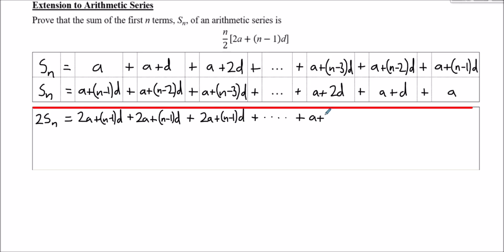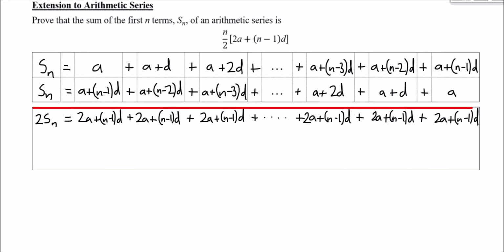So we've got another 2a plus n minus 1 lots of d, and another 2a plus n minus 1 lots of d, and the last time a plus a, another 2a plus n minus 1 lots of d. What you should be able to discover here is we've therefore got n lots of this 2a plus n minus 1 lots of d. So we can simplify this line by saying 2 lots of Sn